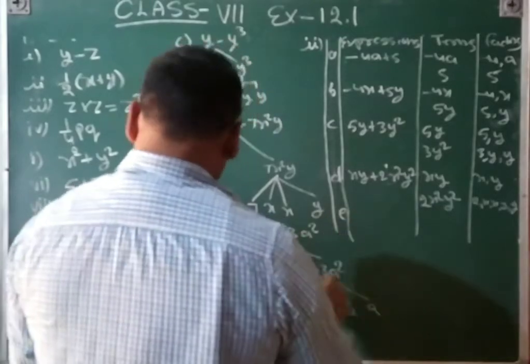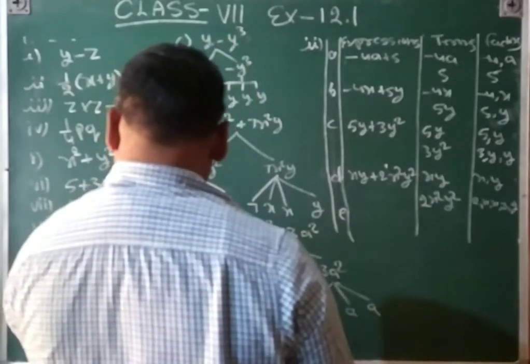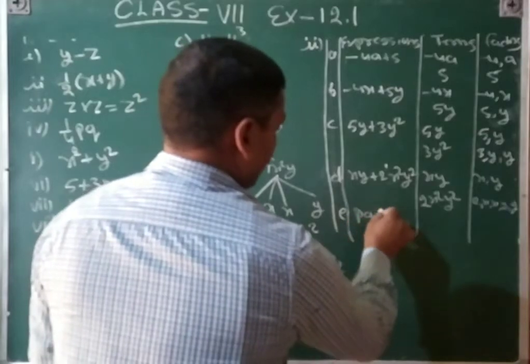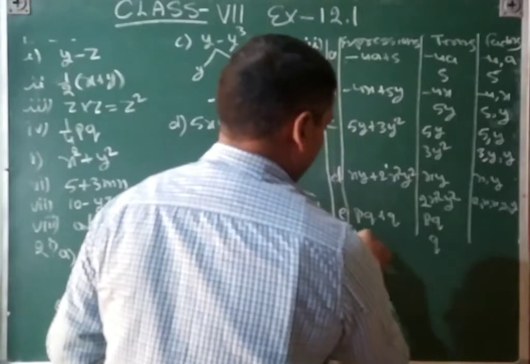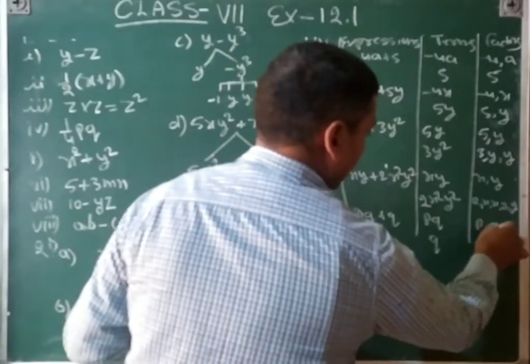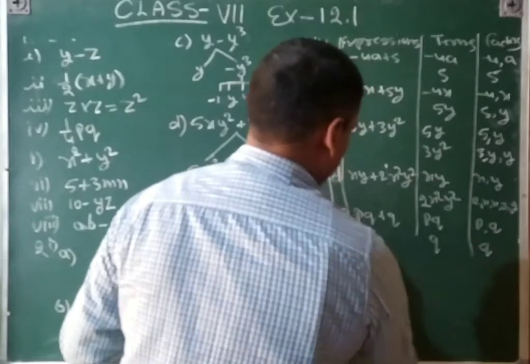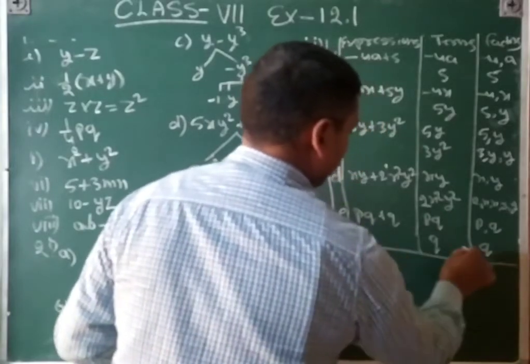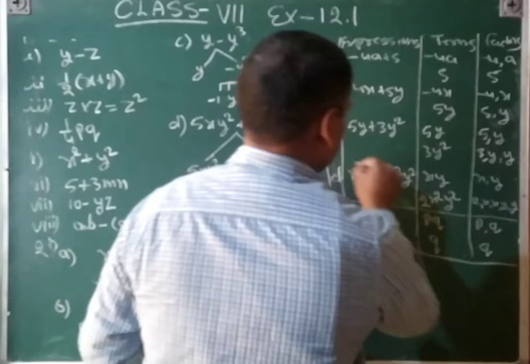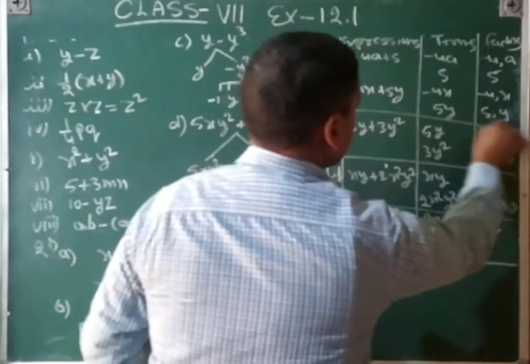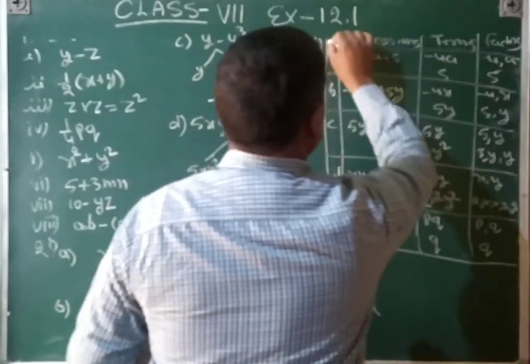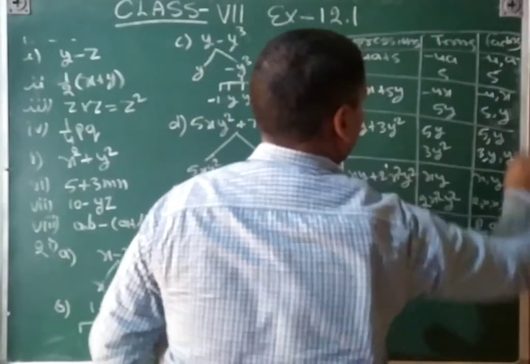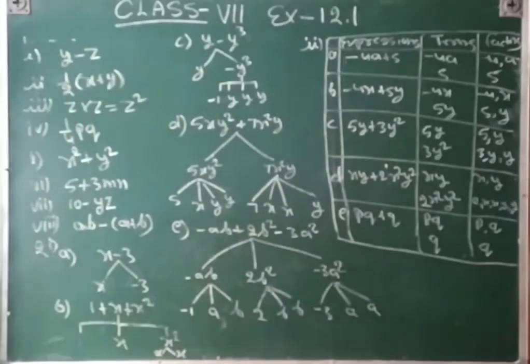And then part e, that is the last part, pq plus q. The first term is pq and the second term is q, so that will be p q and that is a q, and then you will close it like this. This is the first term, d part, c, that is a, this is dividing in this. Like this you will draw the question, okay.